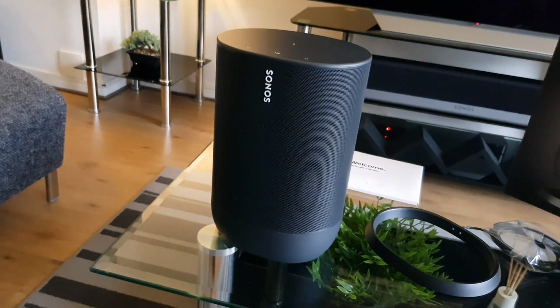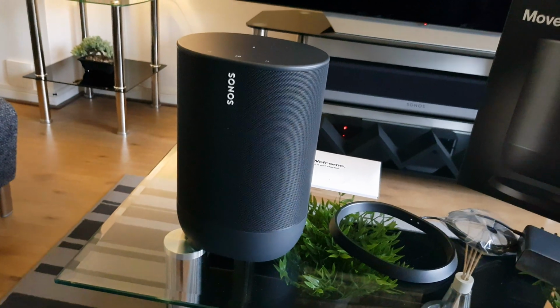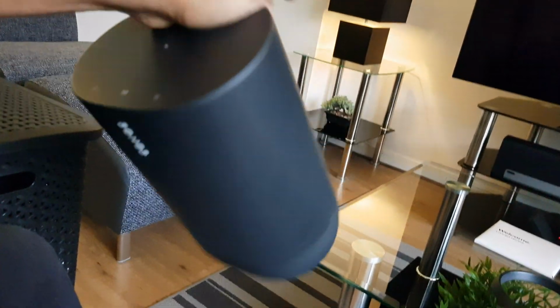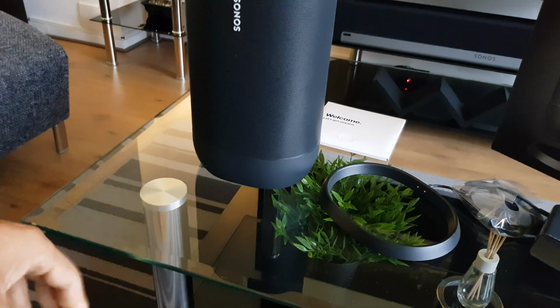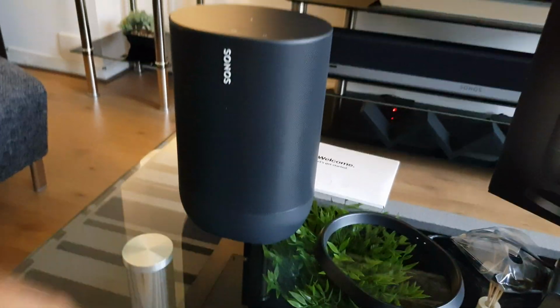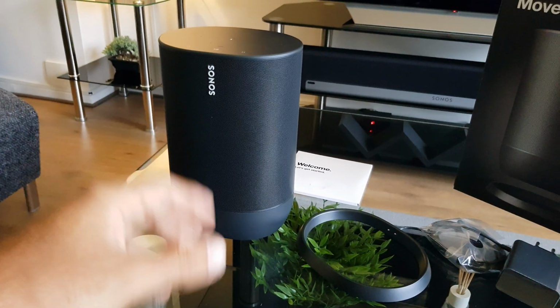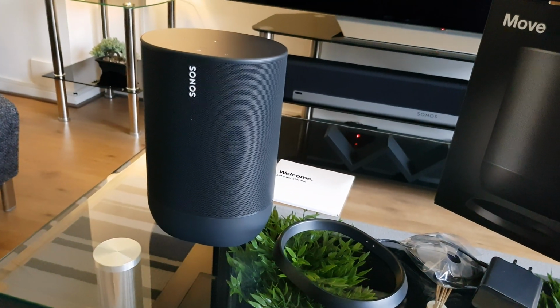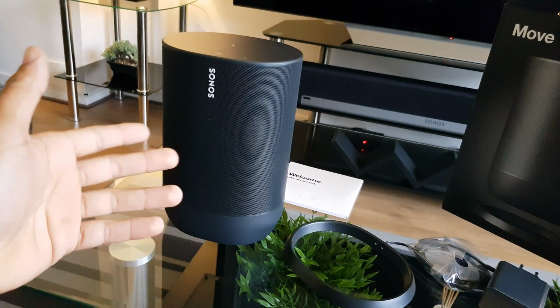Overall, it looks quite nice. It's a pretty hefty speaker, the first portable Bluetooth speaker from Sonos. It has this easy carrying handle on the back, because if it didn't, I really wouldn't know how to pick up the speaker all the time. You would really have to pick it up like this, and yeah, seeing as some drop tests of the speaker show that the grill can be dented quite easily, I would really be careful with how you pick the speaker up, because they're saying it's